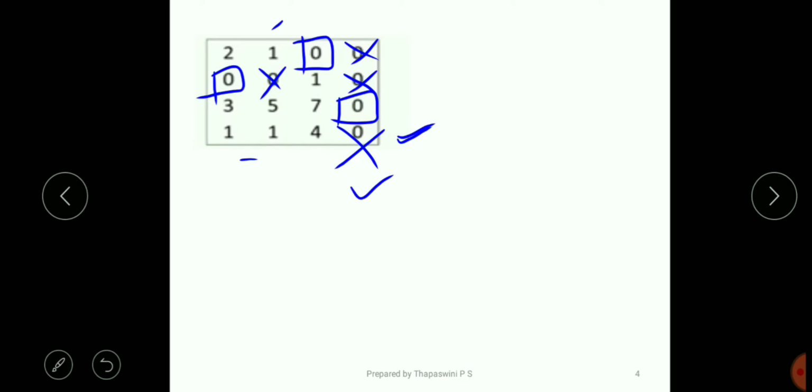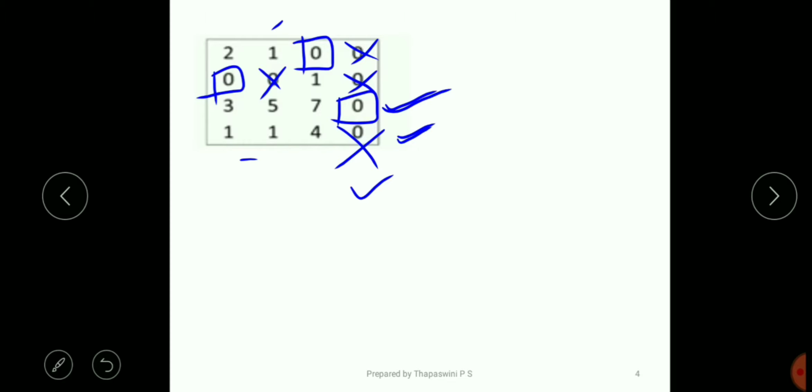So we tick this particular column. Then if the ticked column has any assignment, tick the corresponding row. You can see that there is an assignment here in this ticked column, so we tick the corresponding row. Now again you have to see whether this ticked row has any zero present. There is no zero present here, so we end the ticking procedure.